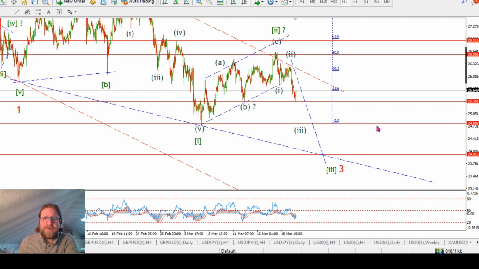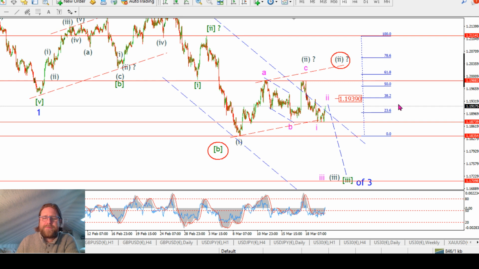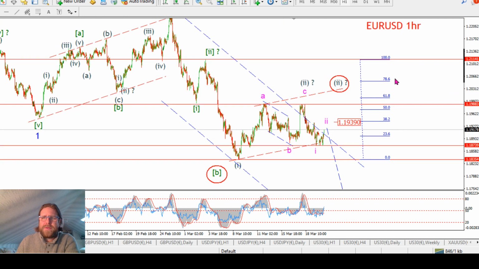Anyway, the European session is well underway. It's a bit subdued so far anyway. So let's get into it. I'll just run through the currencies first and move from there. So this is euro dollar